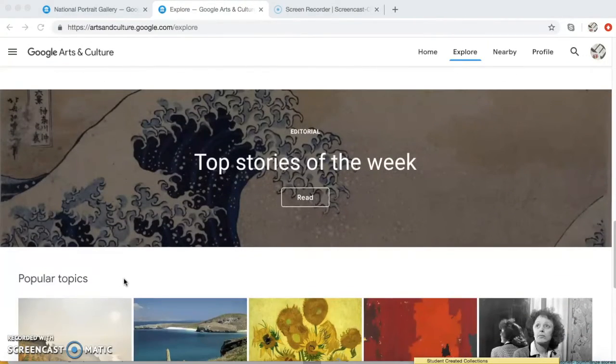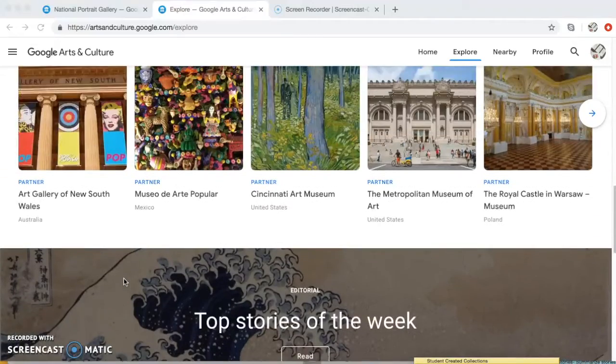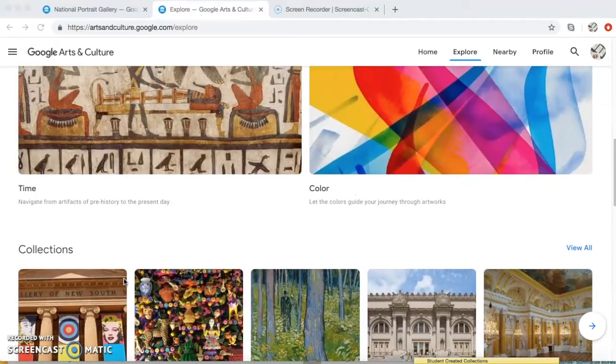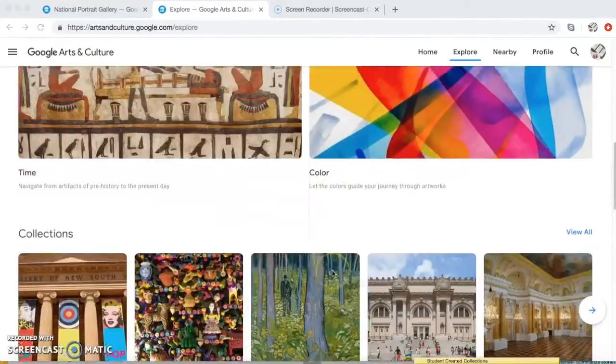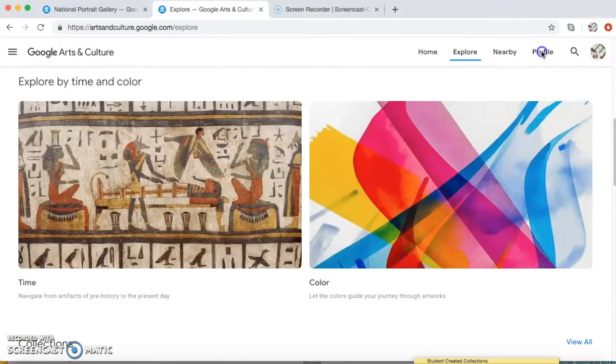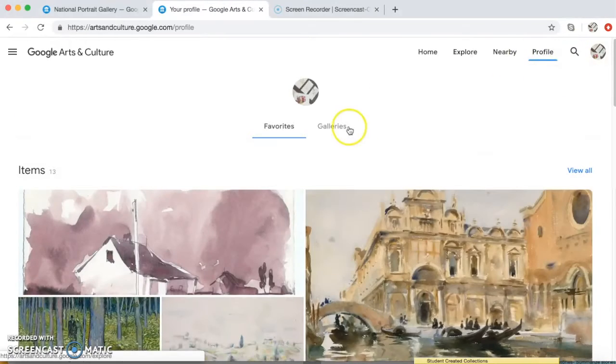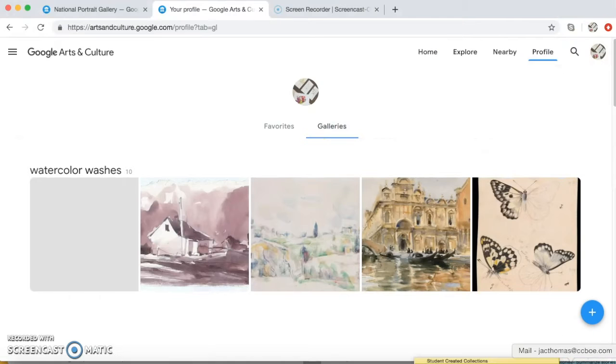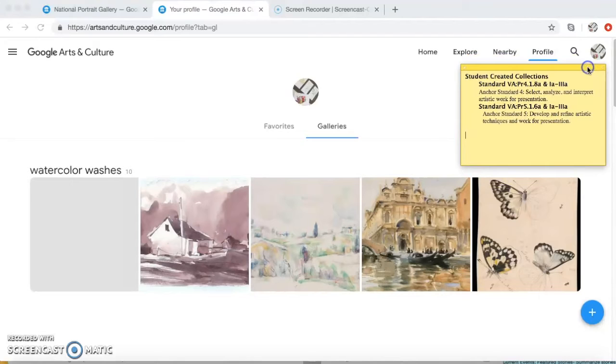Okay, so we're going to talk about now how your students can use this. Now we've addressed how you as the teacher can use this as a great resource or reference tool within your classroom. So they are able, like I did, to create their own galleries, just like we did when we created our watercolor one. And this will be a great connection for them as it relates to the national standards